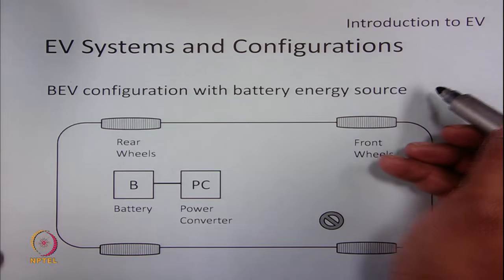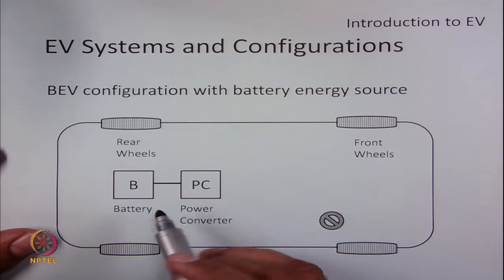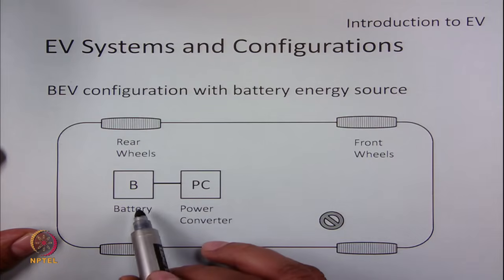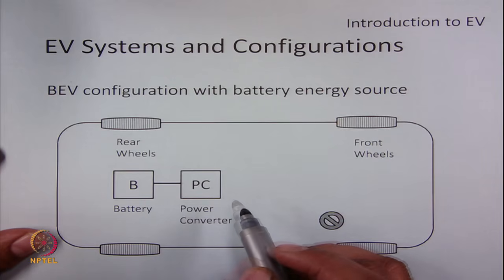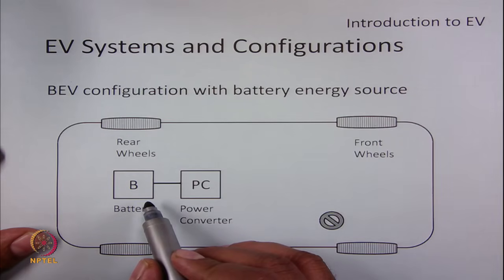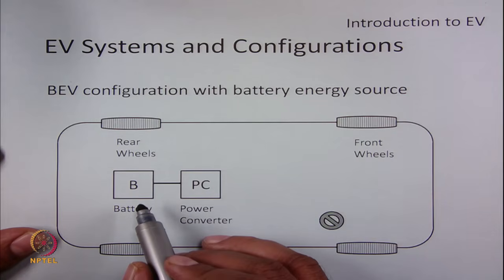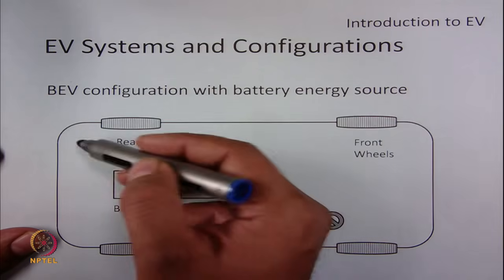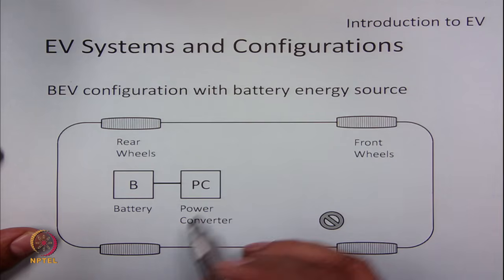So, let us assume that you have a single battery used for controlling the motor. It will be a simple system where a battery is connected to the motor using a power converter or power electronics. The nice thing about this configuration is that a battery is very different from a petrol type of vehicle, because the battery can be kept in multiple places. We can keep it in the luggage, in the chassis, or on the top of the system. So, it can be distributed. This is nice about a battery-based BEV configuration,